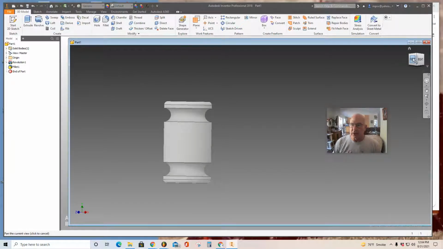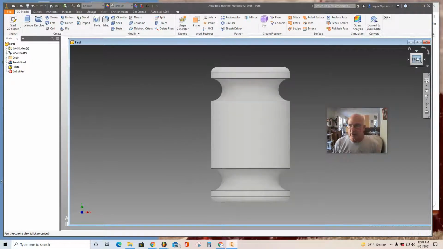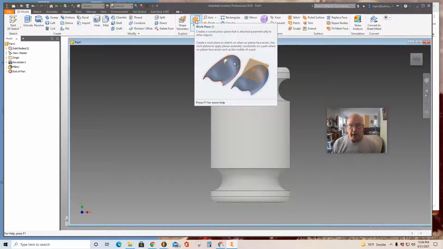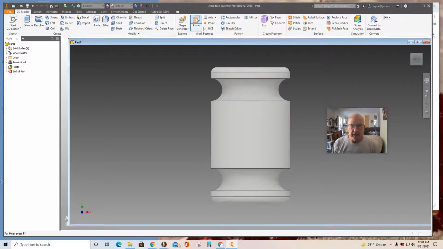All right, so I'm looking at this thing in the front view. See the cube? I click front. It's nice and flat. It's right there centered. So now I'm going to put the handle in, and this is how you put handles on, or the handle in this particular case. You use this tool called the plane. So what you're going to do is make a plane, draw on the plane, and extrude your object from a plane. So I'm going to select plane, and then you go over to this browser,